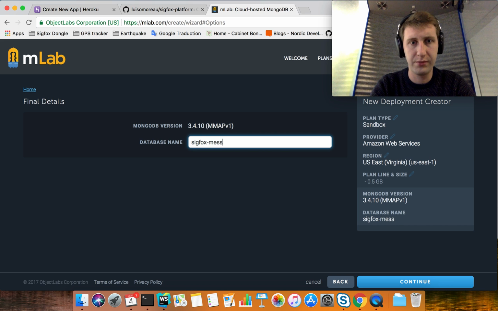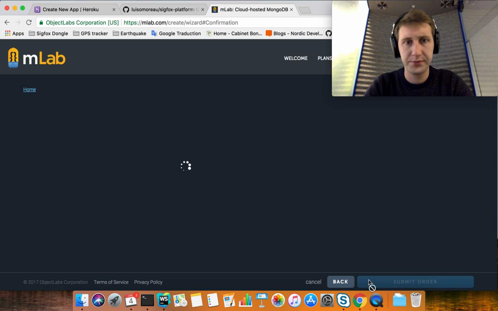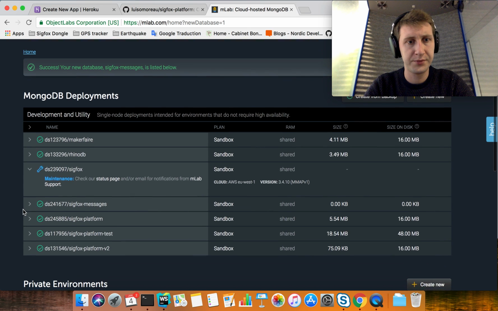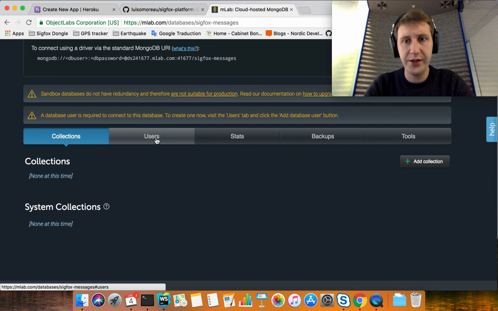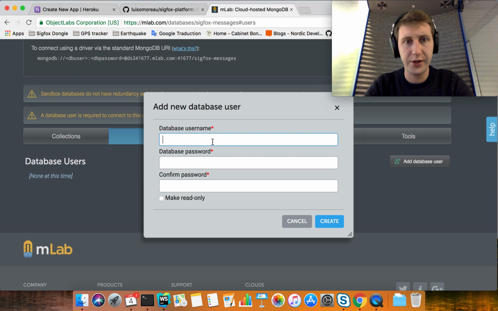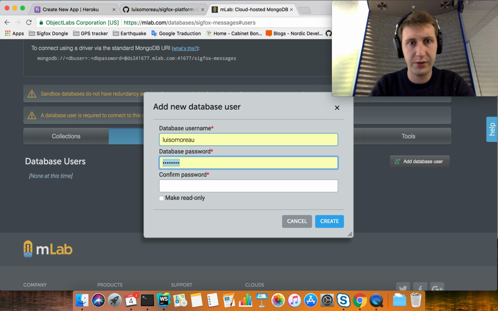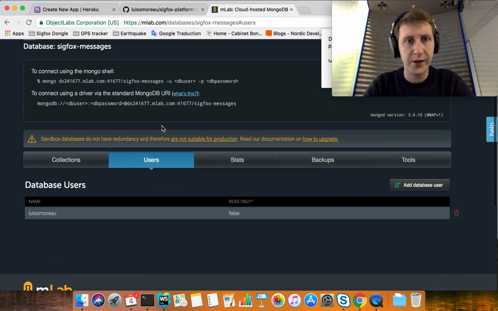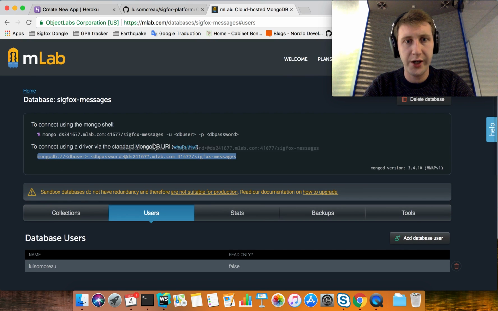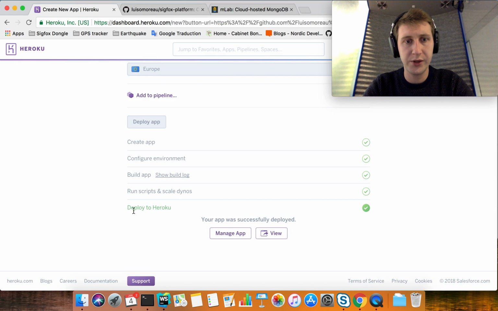Sigfox messages. So Sigfox messages, here we go. First, I'll need to create a user. Database username, let's say luisamoro. Password, I'll just put the same. Don't do that in production. And create. So here we've got the URL, and we will need to fill that in the environment variable on the Heroku